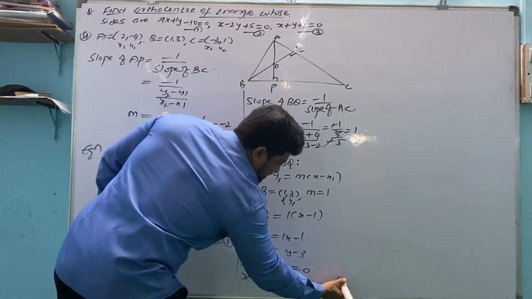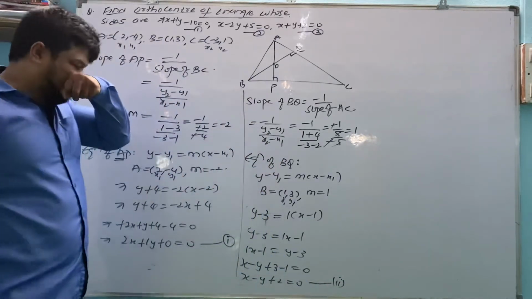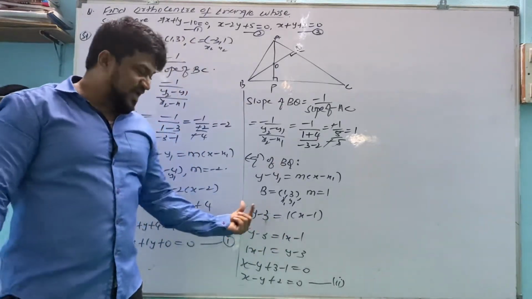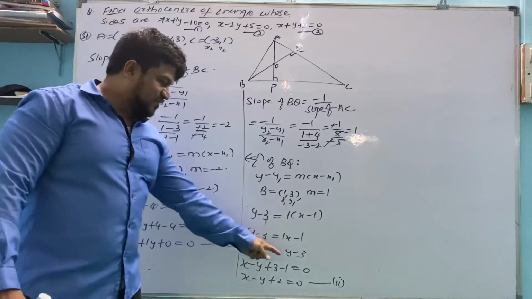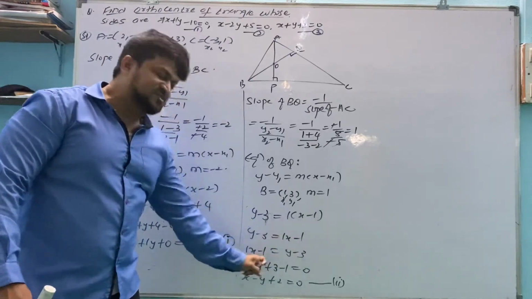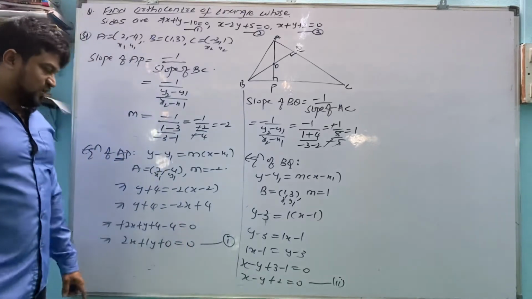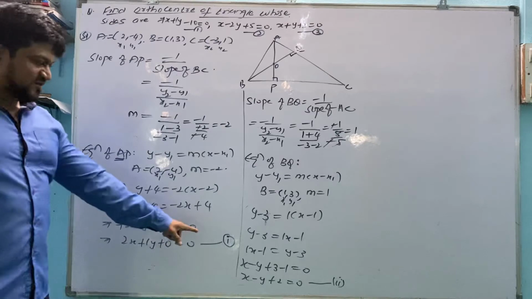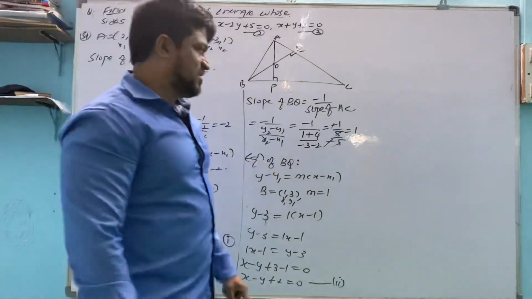We have taken the terms to the left side and arranged them in order. x is there on the right side; I skipped that step. What I did was swap both sides. Then y comes after x, then minus 1 as it is, and minus 3 becomes plus 3. So we got two equations now: 2x plus y plus 0 and x minus y plus 2. I have used Roman numerals because 1, 2, 3 are already used.